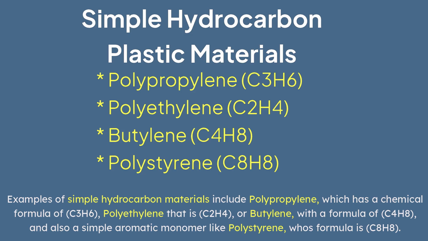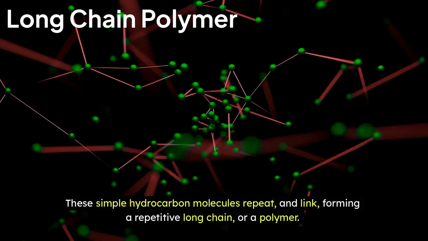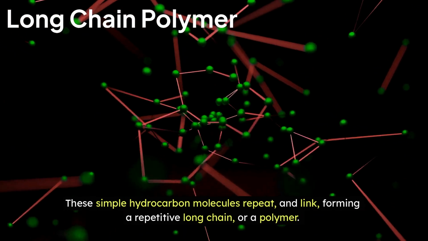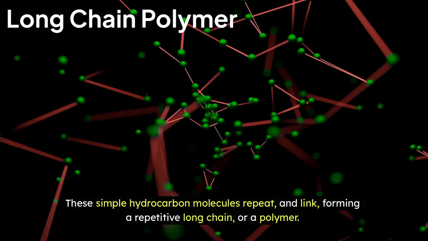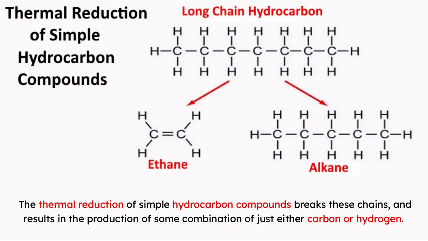Examples of simple hydrocarbon materials include polypropylene, which has a chemical formula of C3H6, polyethylene, that is C2H4, or butylene, with a formula of C4H8, and also a simple aromatic monomer like polystyrene, whose formula is C8H8. These simple hydrocarbon molecules repeat and link, forming a repetitive long chain, or a polymer. The thermal reduction of simple hydrocarbon compounds breaks these chains, and results in the production of some combination of just